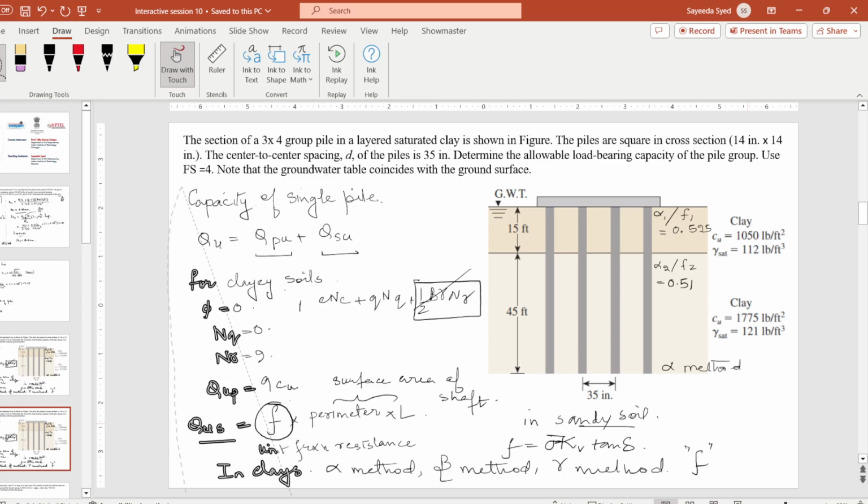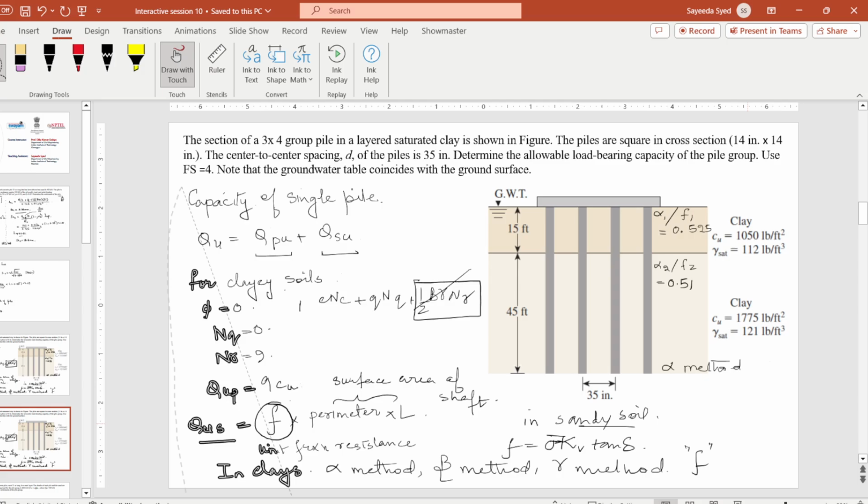So QU equals QUP plus QUS. QUP is equivalent to 9 times C, but out of these two, we have to take this C because the piles are ending in this clay. So the C we will be taking is 1775, and